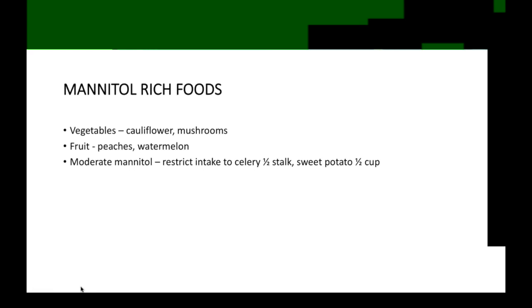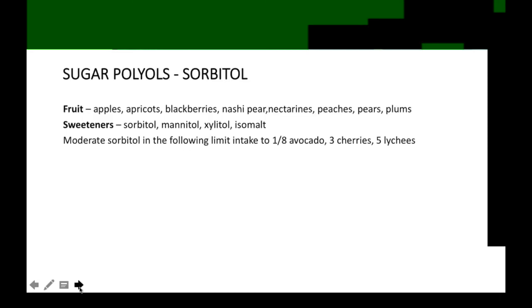So again, some of the vegetables, cauliflower, mushrooms, we often use mushrooms as a tester as well when we reintroduce mannitol. Peaches, watermelon, and again, the amount that you eat. So sweet potato will be fine as long as you don't eat a huge amount. So the cutoff is normally half a cupful. And again, celery, as long as you're not eating huge amounts. And celery is quite a good one, because if you're making your own stock or vegetable flavourings for bouillon powder, it's quite a nice one to add to the base of a soup